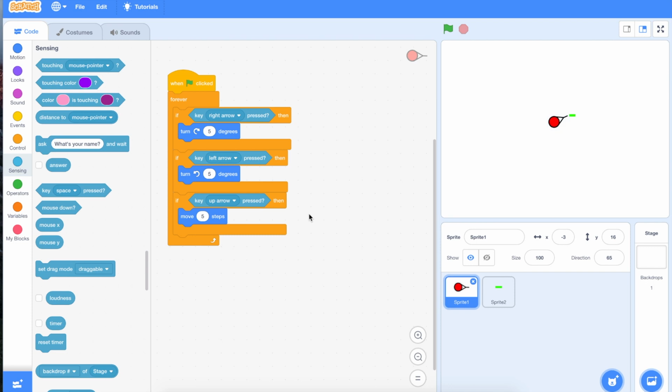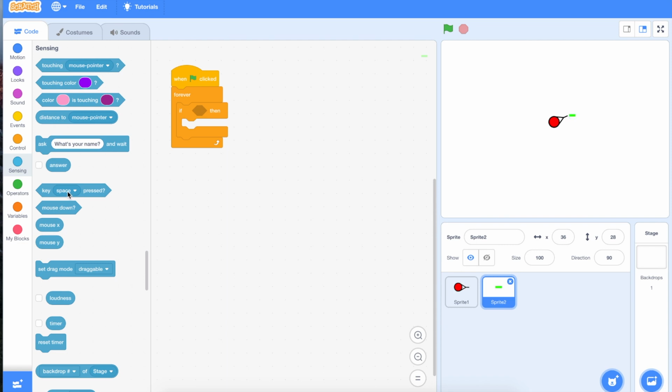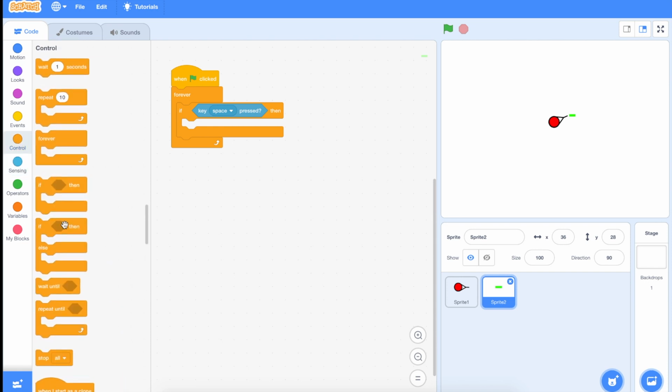We used the right arrow, the left arrow and the up arrow for the movement. So what's left? I might just leave it as the space bar. If the space bar is pressed, then we might create a clone